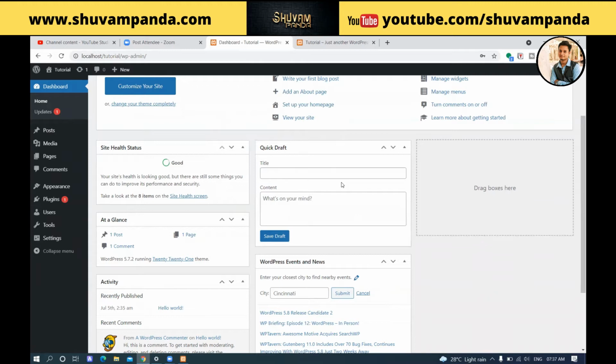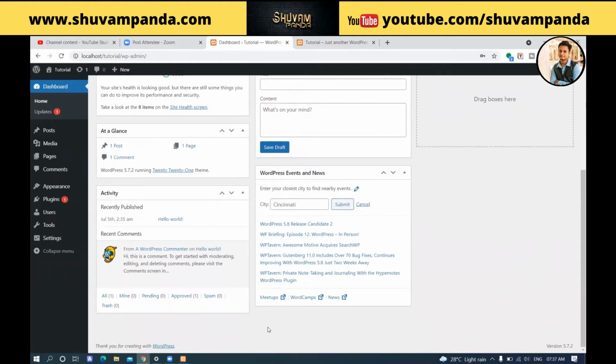Now coming to the portion called WordPress News. Because we are using the WordPress CMS portal, the WordPress News widget displays the latest news, such as the latest software version, updates, alerts, and all the related technical information about WordPress. These come from the official WordPress website, so they are genuine.